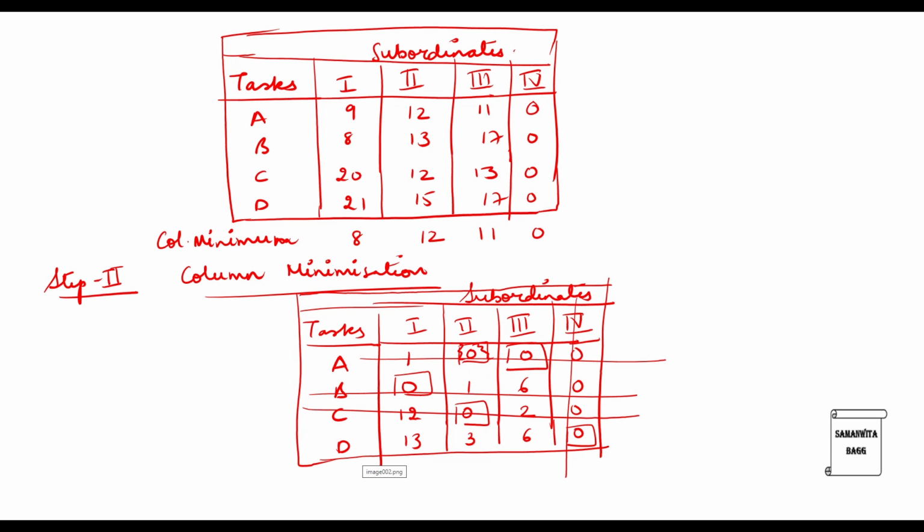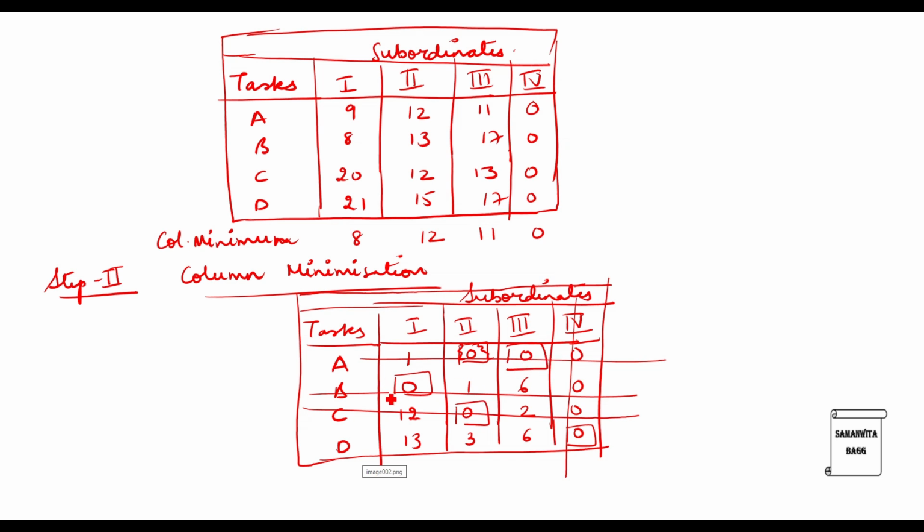Now whatever I am doing with the red color, you would do it with a pencil initially in the exam. So it's okay to first allocate and then realize that at this stage this 0 would be a wrong allocation, because instead if I allocate this 0 would now take the proper allocation. Otherwise this last 0 would remain and your solution would be wrong. So you can do this with a pencil such that you can change it. Now I have already done with a pen, so it's okay.